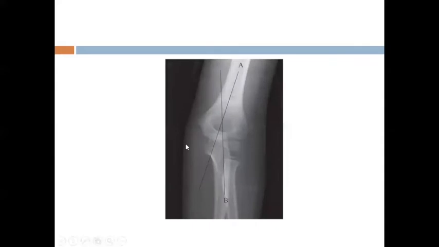And this is another thing, the carrying angle. A line drawn through the center of the humerus and a line drawn through the center of the ulna form the carrying angle. Actually, it is between 10 and 15 degrees. Carrying angle means the normal outward deviation of the supinated and extended forearm with respect to the arm. In males, it is 11 degrees, and in females, it is 15 degrees.